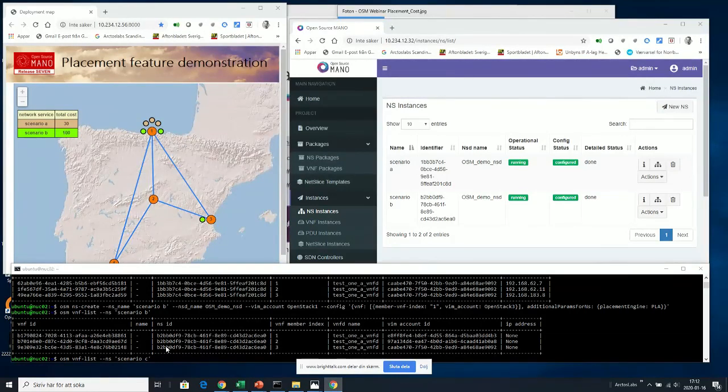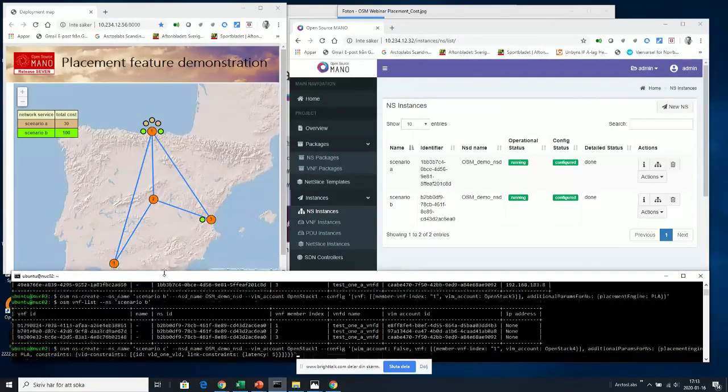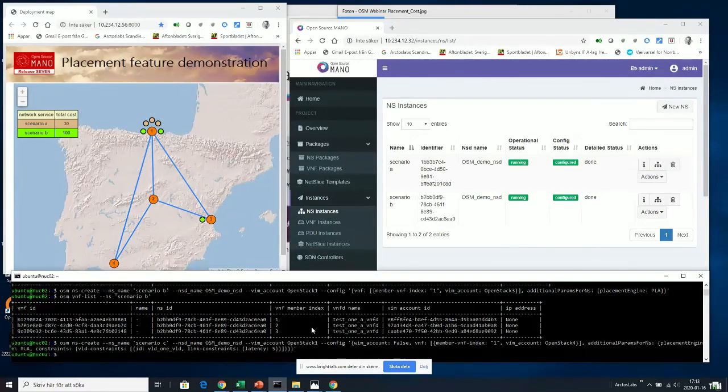notified me immediately. So basically, we've been running scenario B, where we pinned one of the VNFs to a particular location, and ended up with the other ones being freely placed. And then the last scenario that I'm going to show is where we say we want to pin one of the VNFs to location 4. And we specify a latency constraint between VNF 1 and VNF 2, basically. And then we kick that one off,